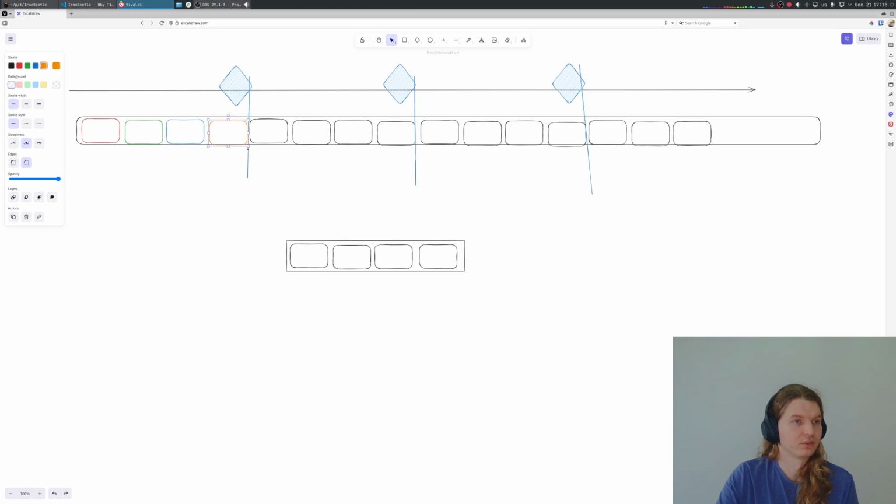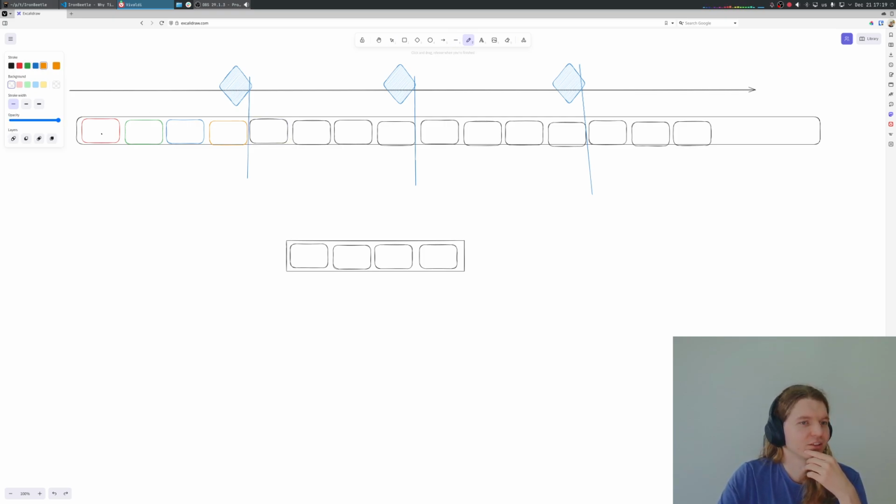So this is 1, this is 2, 3, 4, 5, 6. Okay, so this is our logical sequence of events, and when we try to move it to our physical sequence of events,